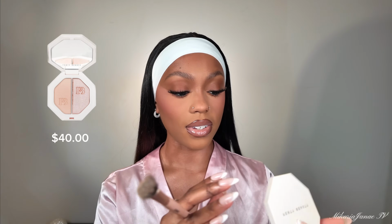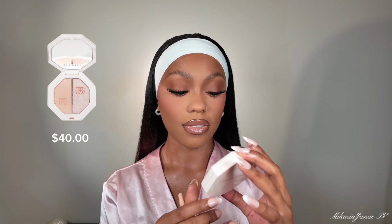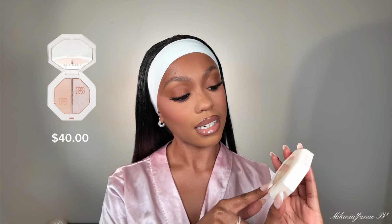Highlighter is honestly optional, but I just like to get any type of little floofy brush and just use this Fenty highlighter. This here is Fenty, and it's in the color Lightning Dust, and it has Fire Crystal, both of those two colors. I'm gonna just do this one. This is the one I mainly use, and we're just gonna plop a little bit of that for some glow. Then I use this little brush and do